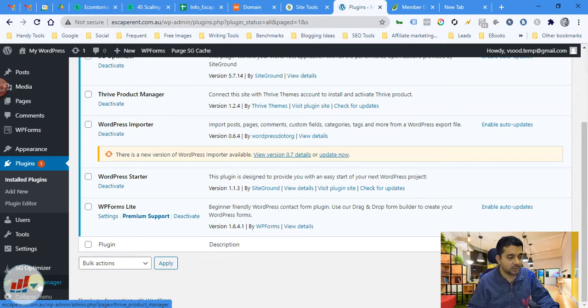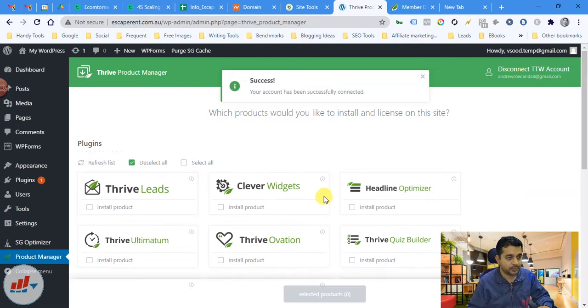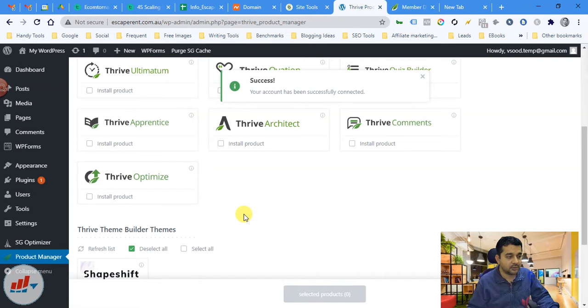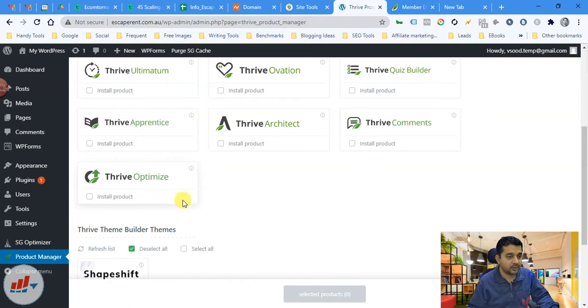So now we can go to Thrive Product Manager and see what different things it's offering to us. We need to log into the account first of all. So the account has been logged in. These are the different things that we get, a complete bundle with Thrive Themes.